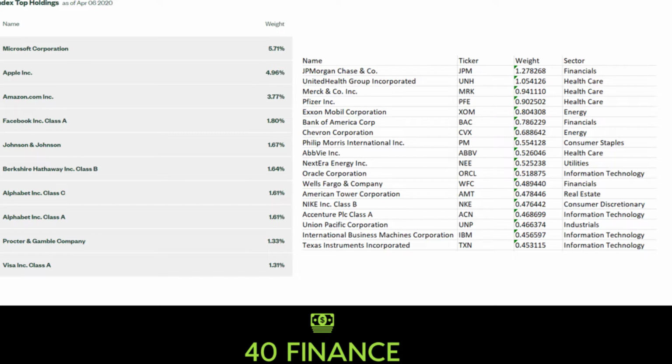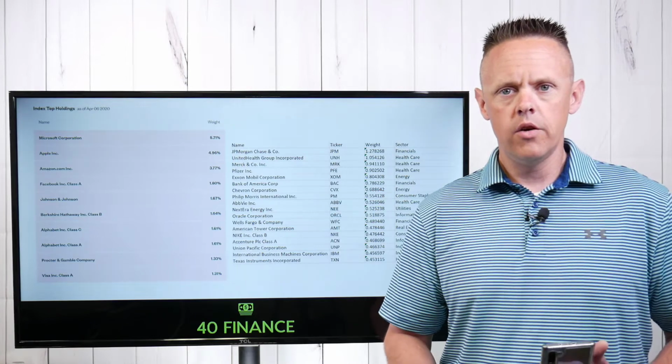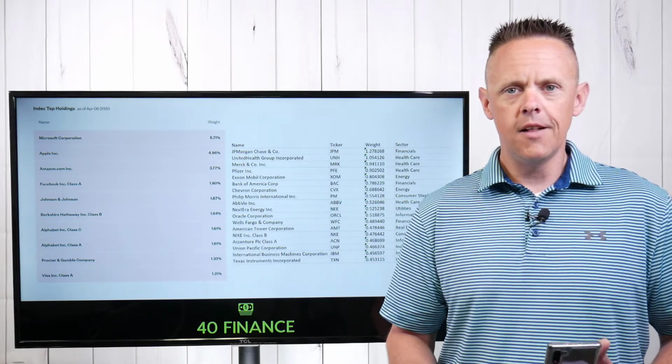Mostly banks, mostly healthcare, but going down the list very quickly: JP Morgan Chase, United Health Group, Merck, Pfizer, Exxon, Bank of America, Chevron, Philip Morris, AbbVie, NextEra Energy, Oracle, Wells Fargo, American Tower, Nike, Accenture, Union Pacific, IBM, and Texas Instruments. Now, don't get me wrong, every single one of those companies makes billions of dollars, so it's not that they're necessarily horrible companies,